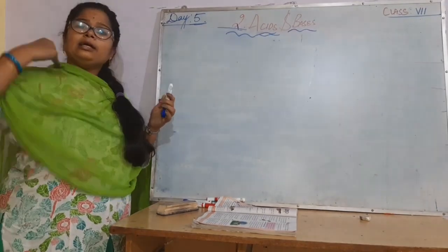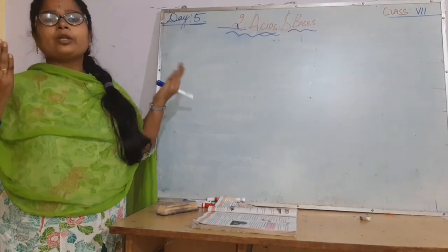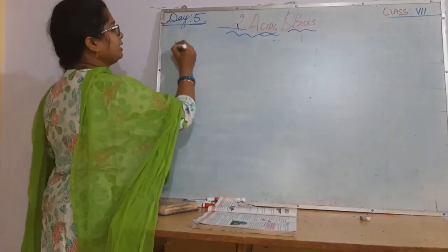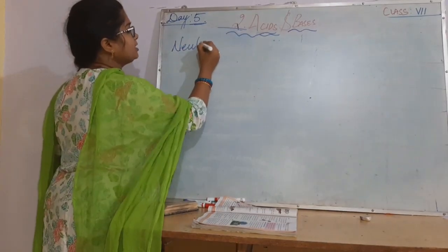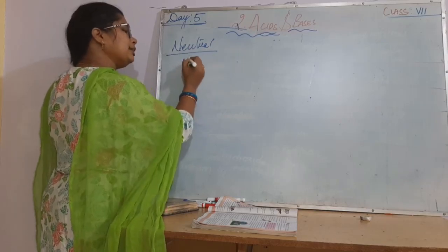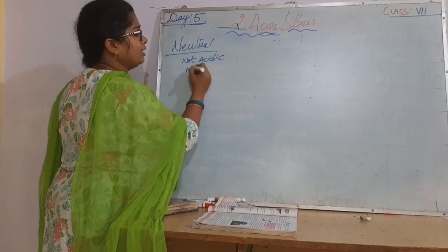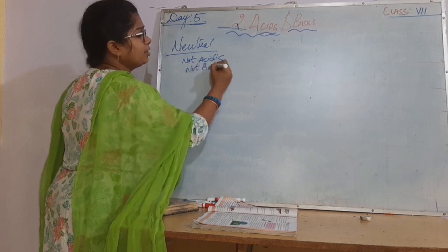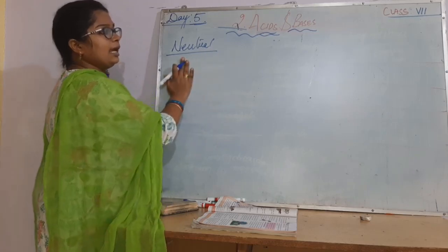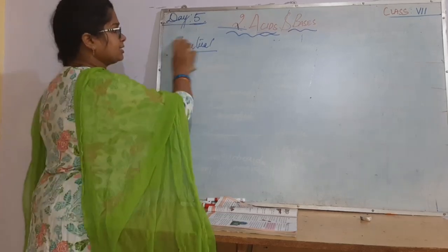When we say a solution is neutralized, it contains no acidic property or basic property. When we say some substance is neutral, it contains neither more acidic nature nor more basic nature; they are in equal ratio. Neither acid nor base is more, it is a neutral solution. With activity 2.8 we will learn this.